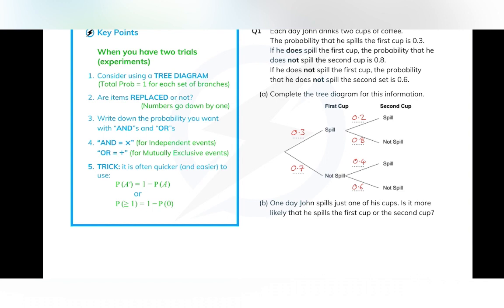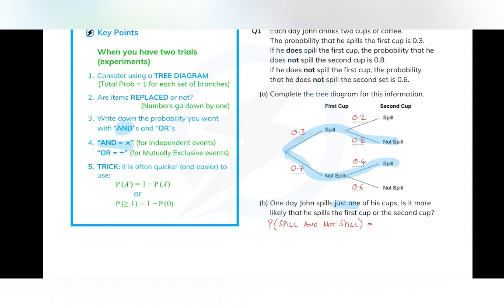Then it says one day John spills just one of his cups. So that's either spill and not spill, or not spill and spill. And we're asked, is it more likely that he spills the first cup or the second cup? Well, I guess what we have to do for that is work out the two probabilities and see which is bigger. So, the probability of spill and not spill is, well, I've written it out as instructed with ands,